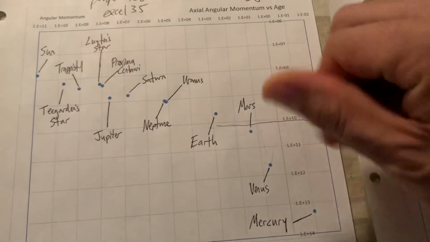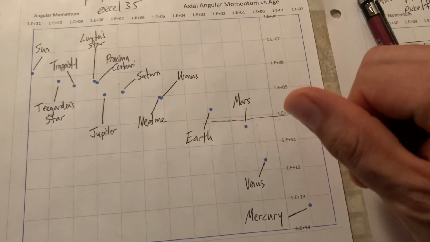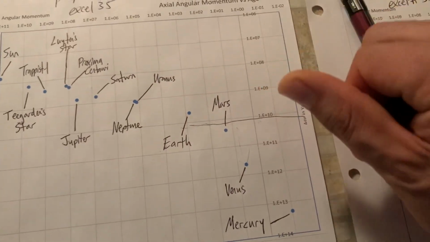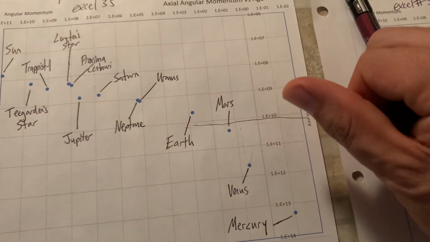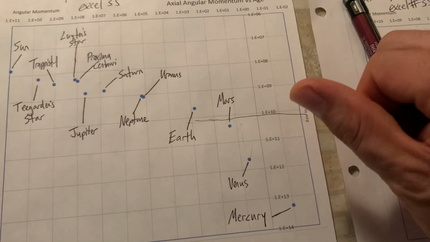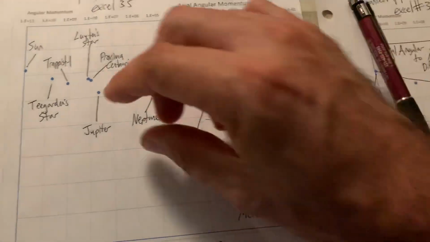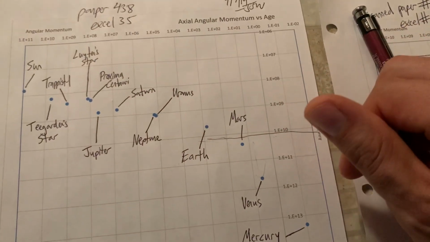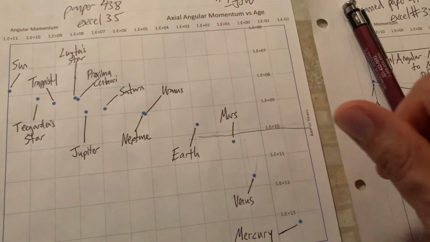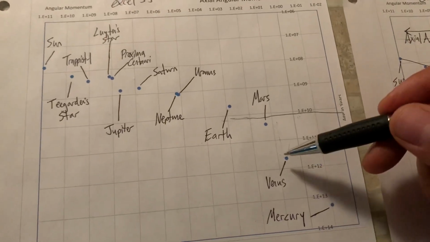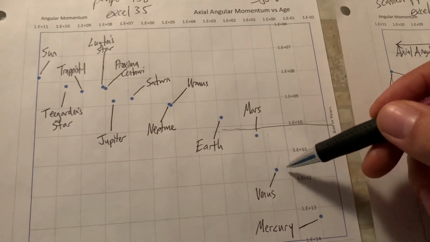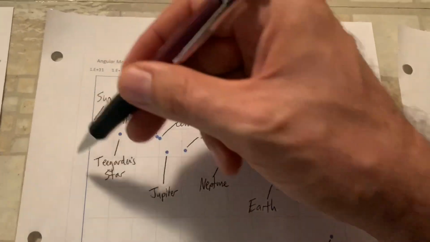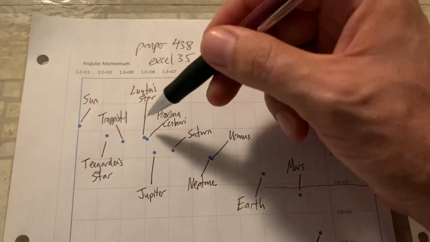Think about a top. When you spin a top with your finger, you can have two tops of similar masses. But if you spin one and then wait maybe 30, 40 seconds, that one's going to completely stop spinning, and then you spin up another one. Well, obviously, the one that stopped spinning was the one that started spinning first. But Venus had just as much axial angular momentum as all these other objects down the line. But also, these objects are very, very young.